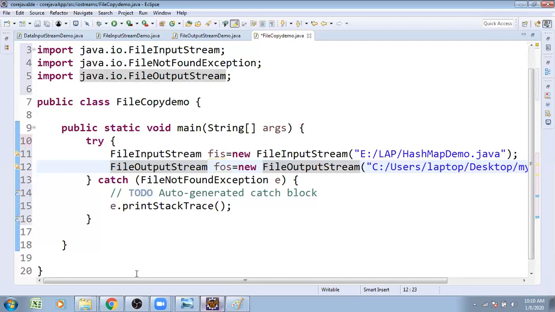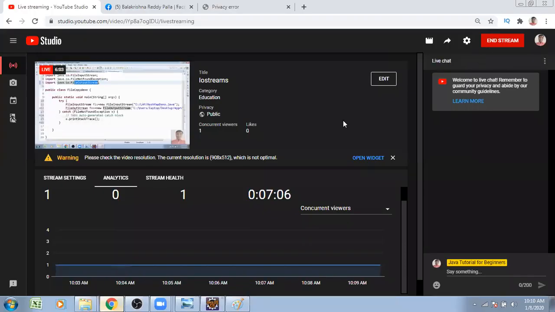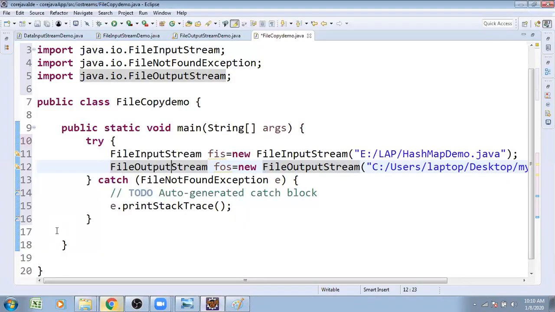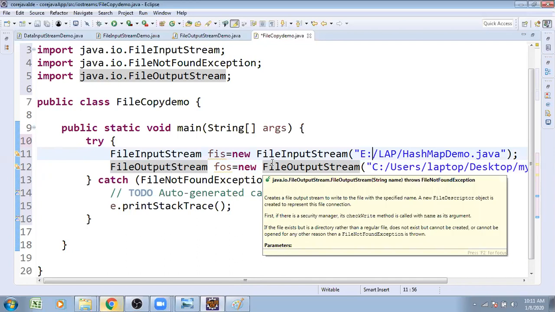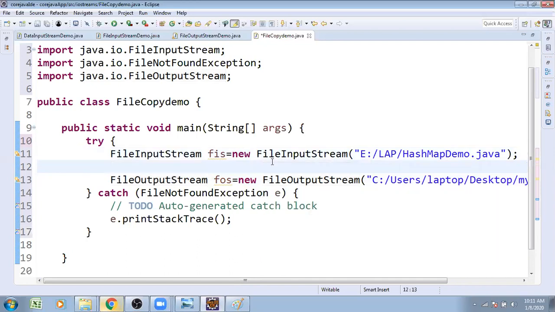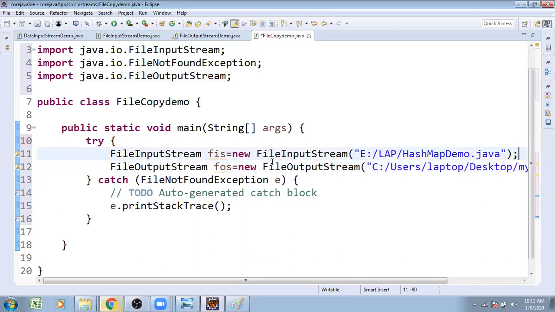To read the whole data of that file, first we have to read it, and for that point of view we are going to use reading in a character by character manner.